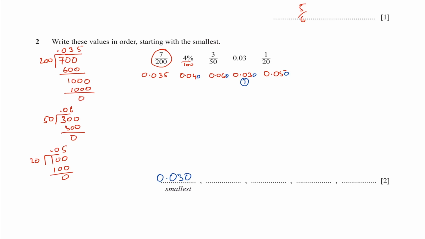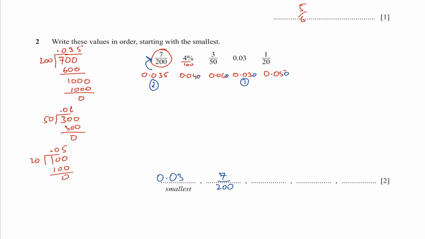0.030, and then greater than 0.030 will be 0.035. But remember, when you're writing 0.035, you have to write it in the original form that was given to you, and for that reason I'm going to have to remove the 0 that I put here. So and then we're going to have 7 upon 200 at number 2, and then at number 3 we have